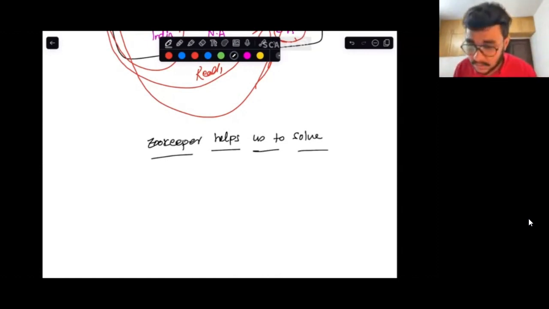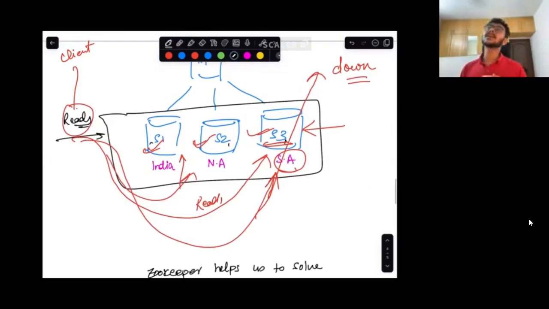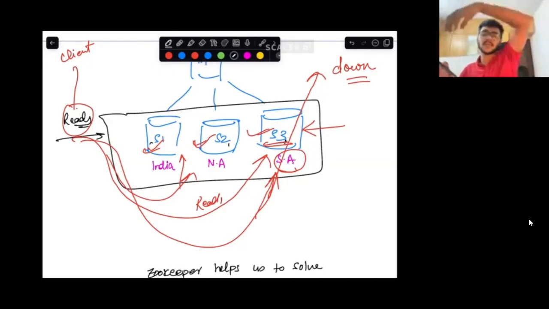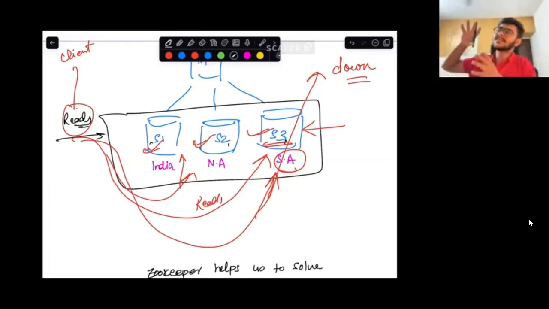Amrita is asking, do you mean disaster recovery? So Amrita, you can think of it in some ways like disaster recovery, but disaster recovery typically has a lot of other things as well. If one of the databases goes down, then you have to replicate the data from that place to the other places, right? So that the clients who were being served from your failed database can now access the same data in another database. So disaster recovery is a very big topic, right?